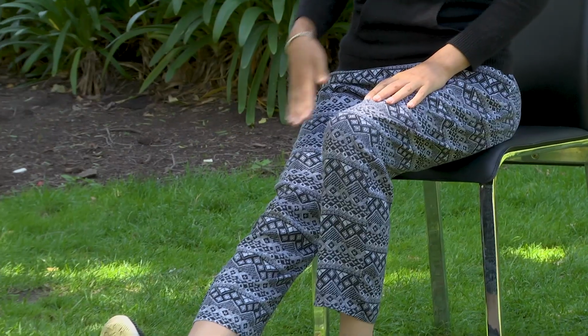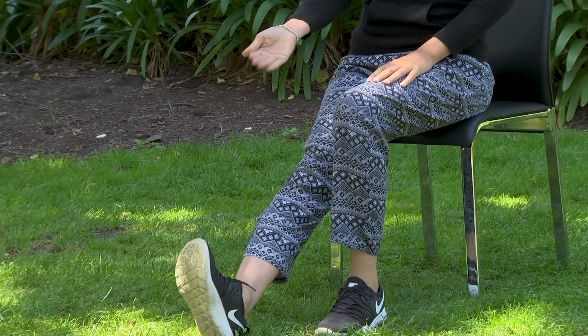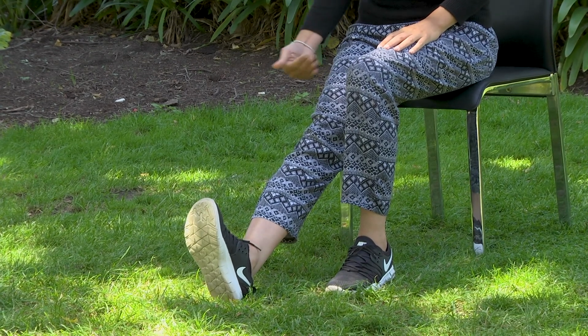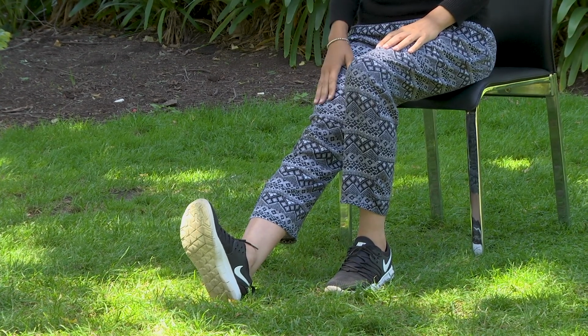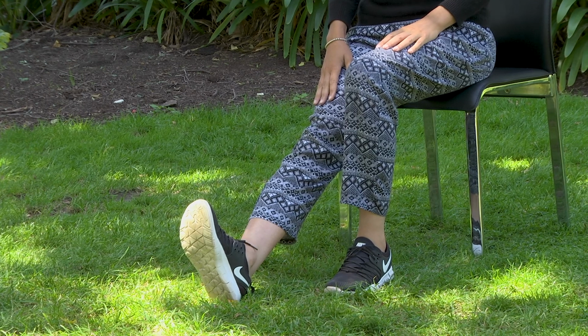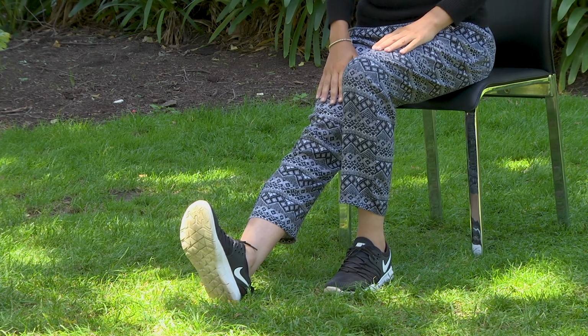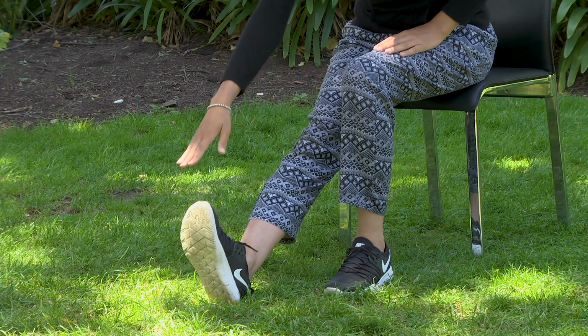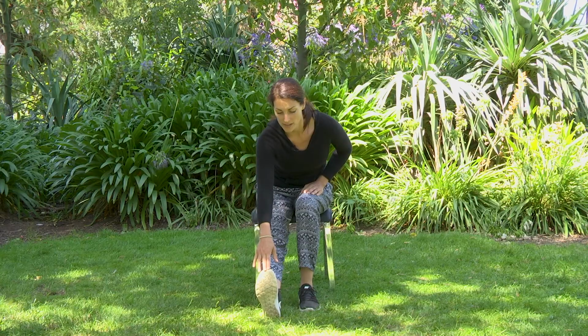Press the heel away so that you've got a nice long straight leg. Point the toes towards the body. You might need to play around with exactly where, or the distance away from the chair, that you are. Then what we want to do is sit up really nice and tall, reach forward and press the toes towards